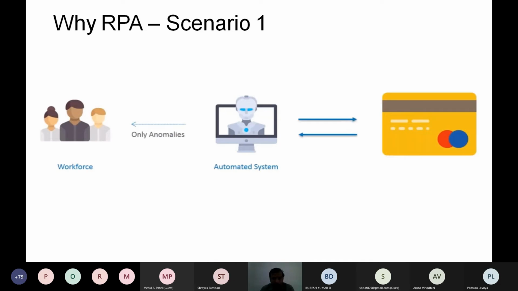And another scenario is that a human normally works for 8 hours. Indian engineers will work nearly 10 to 12 hours maximum. But these automated systems can work for 24 hours if necessary, or we can schedule them to work from one particular time to another time. So they work 7 days, 365 days. There are no tires, no incentives, nothing, etc. So that gives a rapid return on investment,